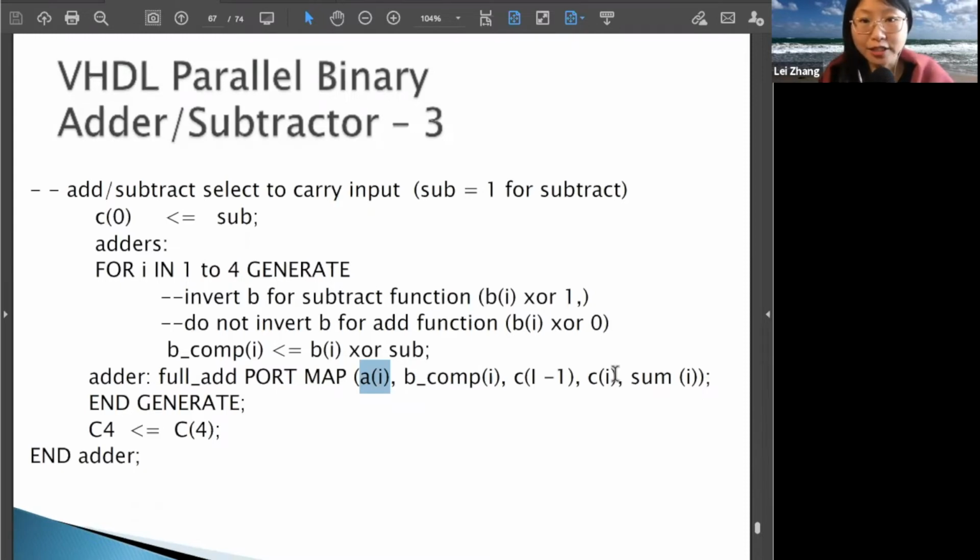Its corresponding action, when we are drawing a block diagram, is that we have to connect the external port to the internal components' port or internal signal. So this definition for the full adder port mapping is basically doing that for us. After we do that, we have this C4, which is the carry out bit for the last full adder. We actually connect that bit to the external C4, which is the entity port. Okay, so that is the main body of the